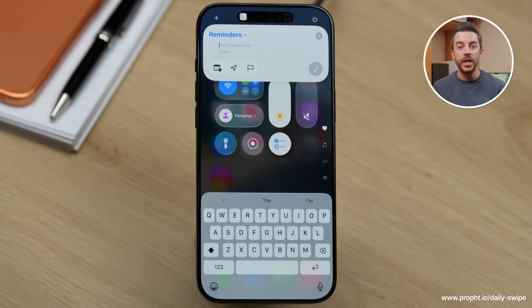any notes. You can even add a date and time, location, or flag by pressing the relevant buttons, and finally press the tick button to save it. It's a really quick and easy way to add new reminders. This method works for everyone because it uses Control Center, but there is another option if your iPhone supports the